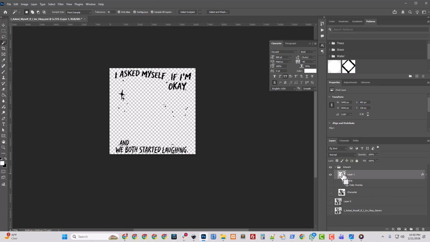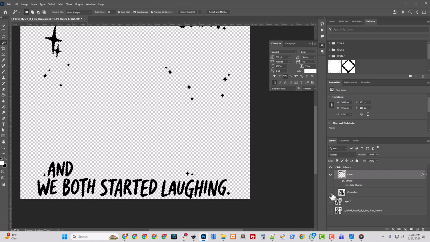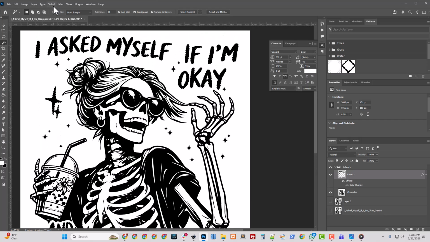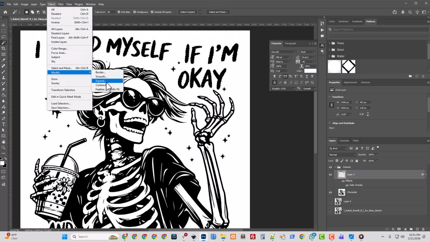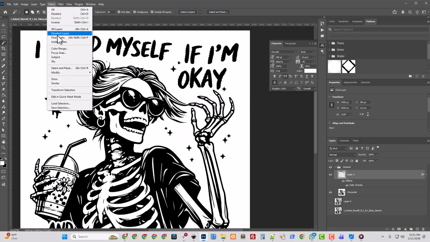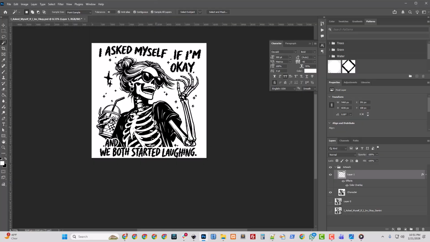But what I'm going to do is I'm going to control click. So I control click to select everything on that layer. And then I'm just going to expand it. I'm probably going to turn this layer on so I can see what my expansion looks like. So I'm going to do select, modify, expand. Let's do it by 5 pixels. Probably can go even more. Let's go another 5. Okay. And I'm just going to erase all of that from the other layer.